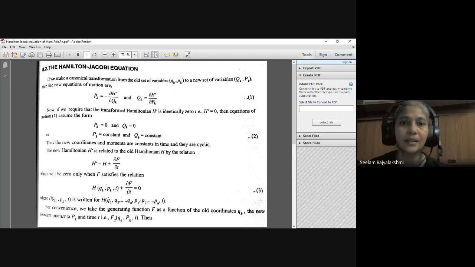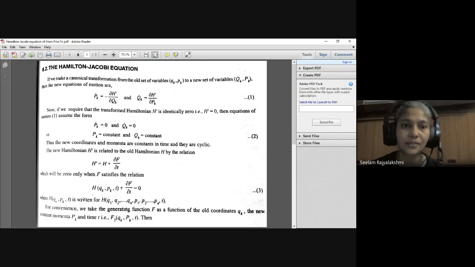Now, here we have the transformed Hamiltonian h dash identically 0. That is, h dash is equal to 0. Then if you substitute h dash equals 0 in the equations of motion 1, we will obtain P dot k equal to 0 and Q dot k equal to 0, or capital Pk equals constant and capital Qk equals constant. The new coordinates and momenta are constants in time and they are cyclic. So we have a relation between the Hamiltonian h dash and the old Hamiltonian h: